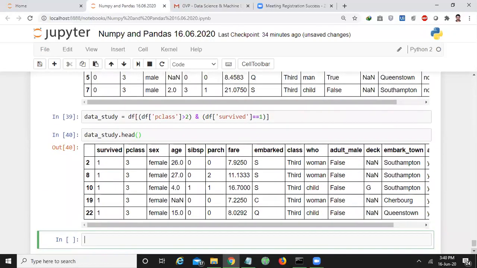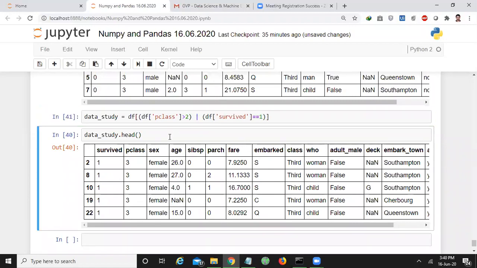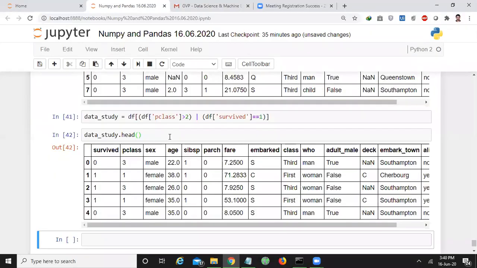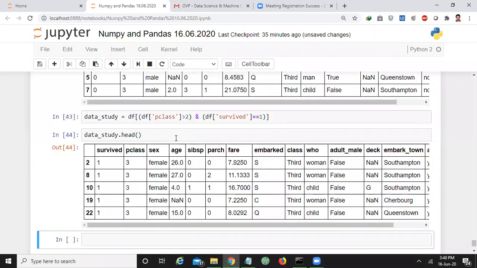That means you can perform multiple conditions also. Okay. So if you want to perform OR, we'll get details like this. If you want to give the OR symbol, you can give like this, or the AND symbol, you can give like this. This is bitwise, not logical.